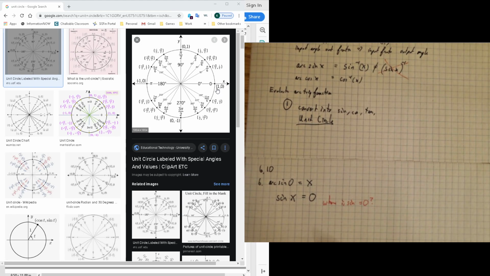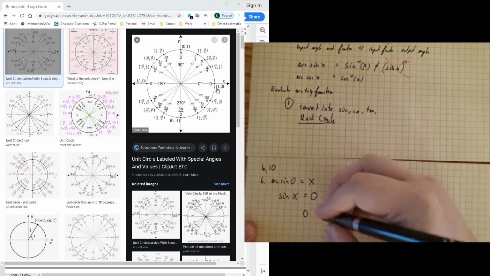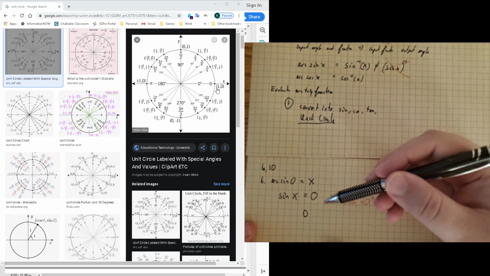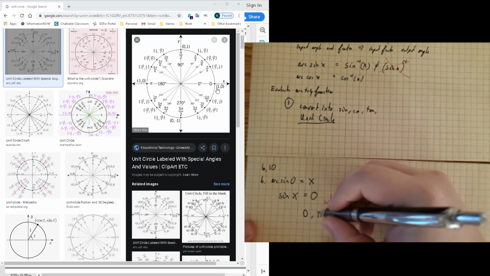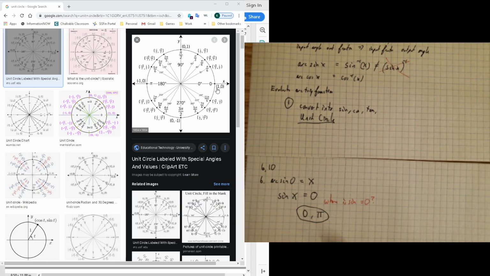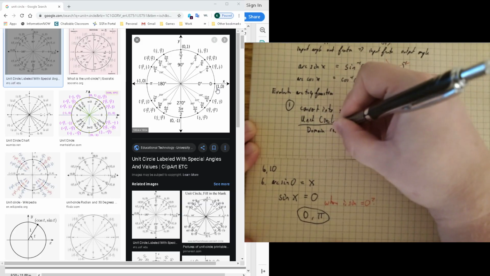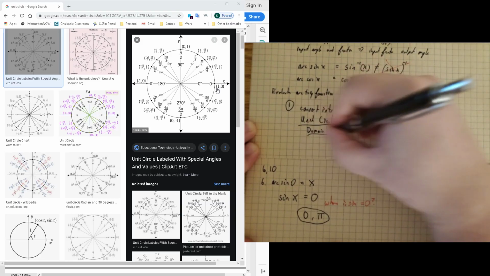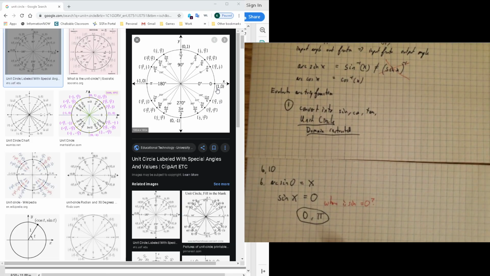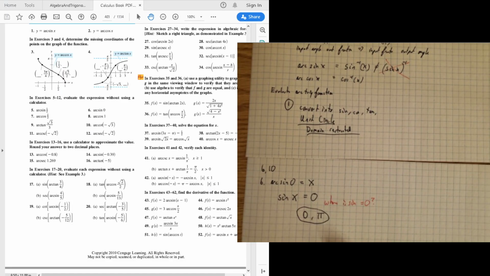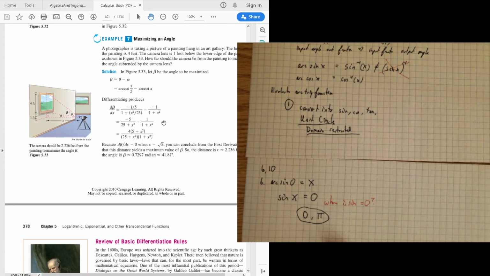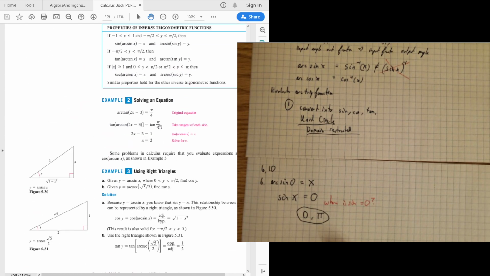Once at 0, and this is 0 in both degrees and radians, of course, and then again at pi. However, the big trick when it comes to looking at the unit circle is make sure you are domain restricted. When you look at the unit circle, you are restricted by the domain of the function. And so now I'm going to go back to the text and showcase what piece of the text is really important here. Because in these functions, if you don't maintain the domain, you lose track of some of the answers